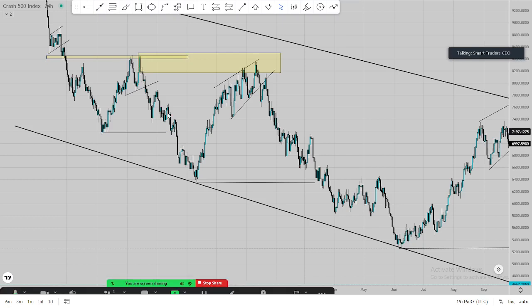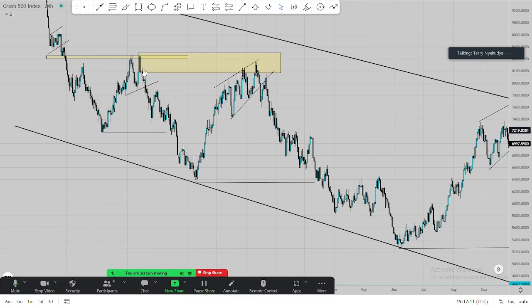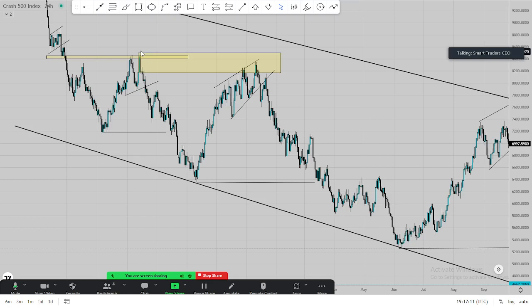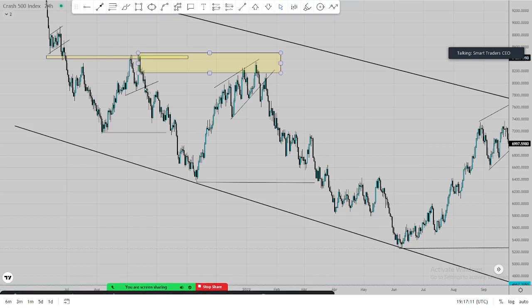Once your target has been reached, this is more than enough money from this resistance upon the break and the retest, from there to there. After that move is done, that is what we call a full move: from the retracement zone, where our resistance was, up until we take out the previous low. This was one full move.